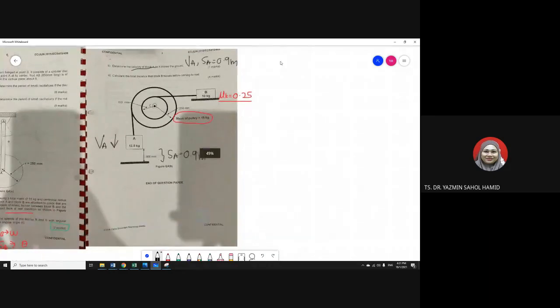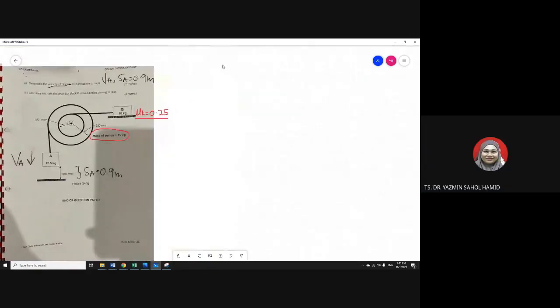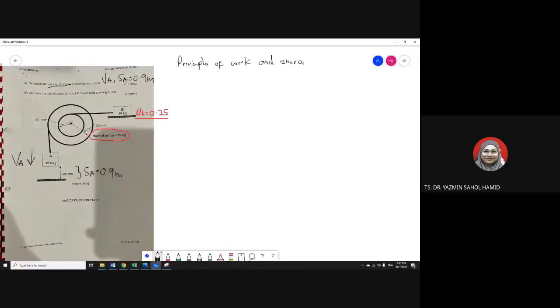Chana, what method do you want to use? Work and energy. Yes, that is correct. So for this question, we need to use the principle of work and energy. Okay. So for the principle of work and energy, if you remember, the formula is very simple, which is T1 plus